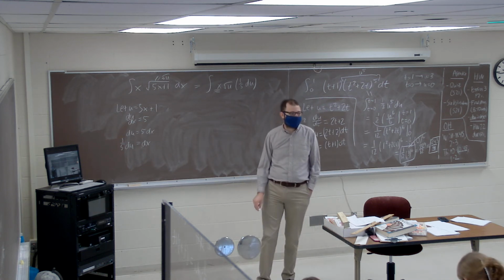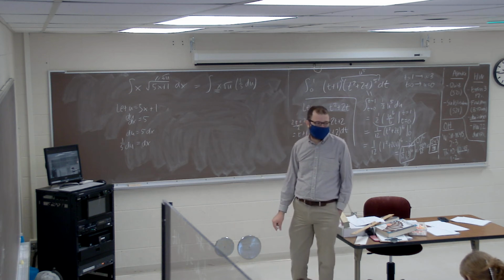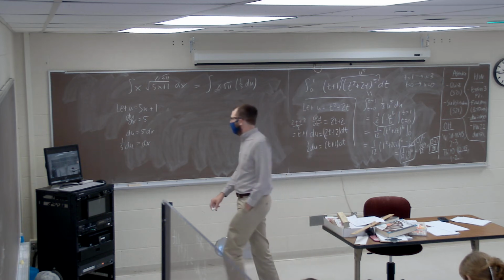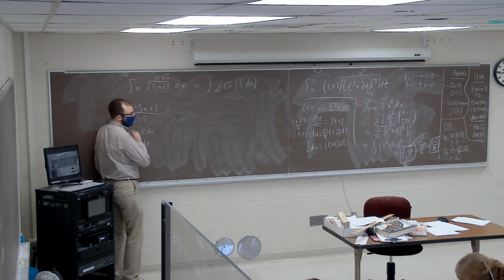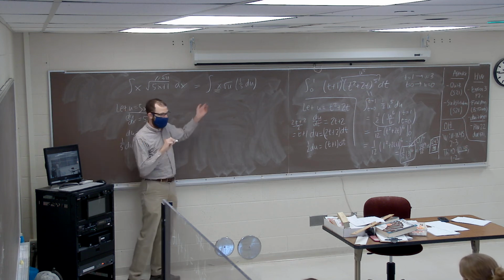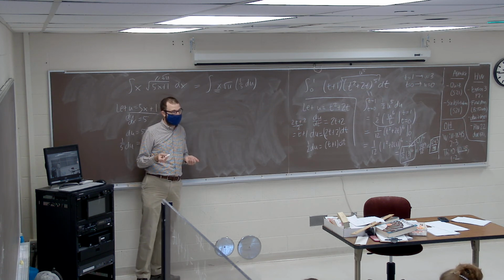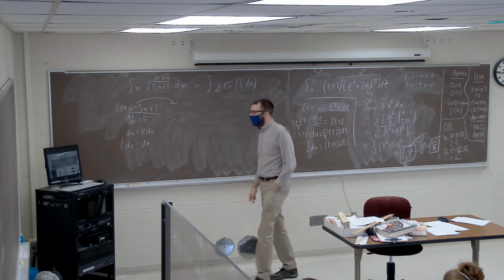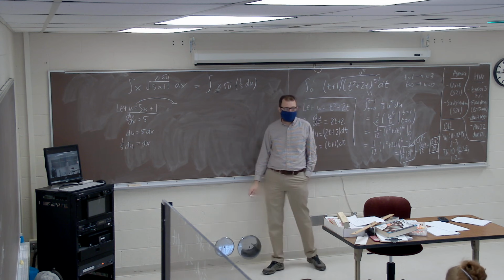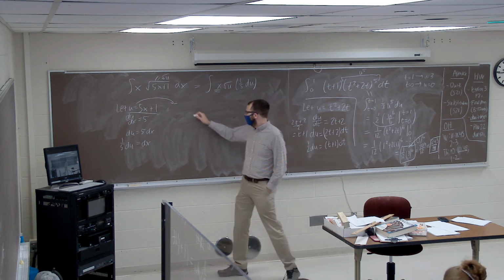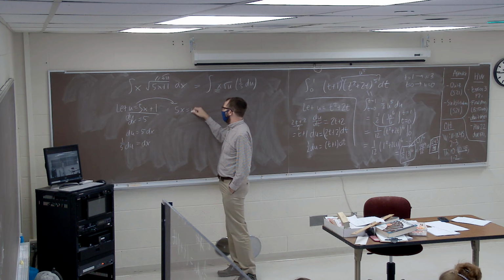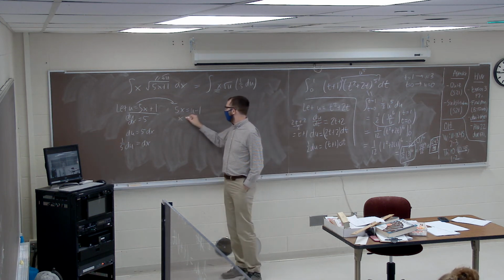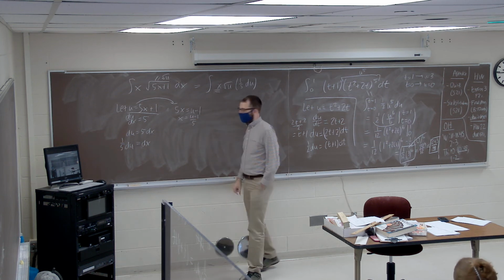Danielle? You can use your u equals 5x plus 1 and solve for x, and then plug that in. Ooh, okay. So you want to take this, solve it for x, and then replace the x here with whatever u expression we end up getting? Let's try that. All right, Danielle, how would you solve u equals 5x plus 1 for x? Well, I'd subtract the 1. Okay, so that would give us 5x equals u minus 1. And I would divide by 5. Like that.